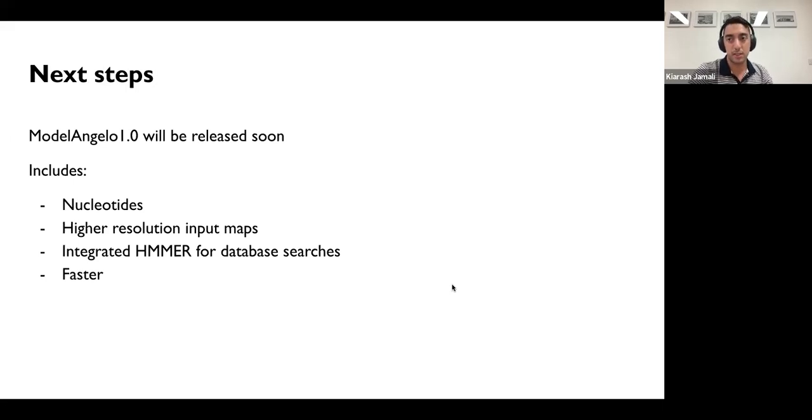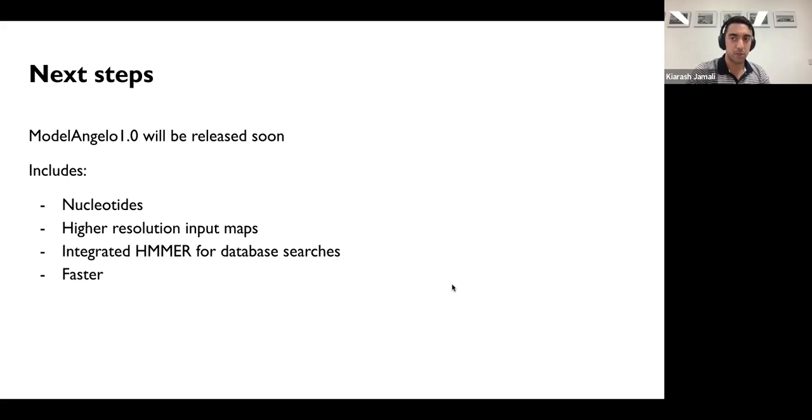Nucleotides are considerably more difficult to build automatically, so the results won't be as good as for proteins, especially at lower resolutions, but it should still be respectable for building the backbone. And when the resolution goes very high, like 2.5 angstrom, you could actually do a pretty good job of completely automatically building it.